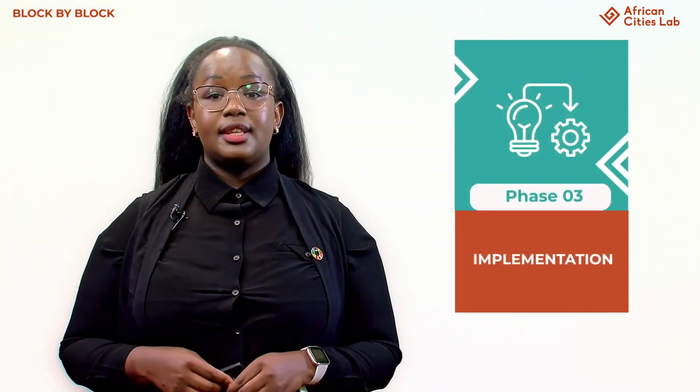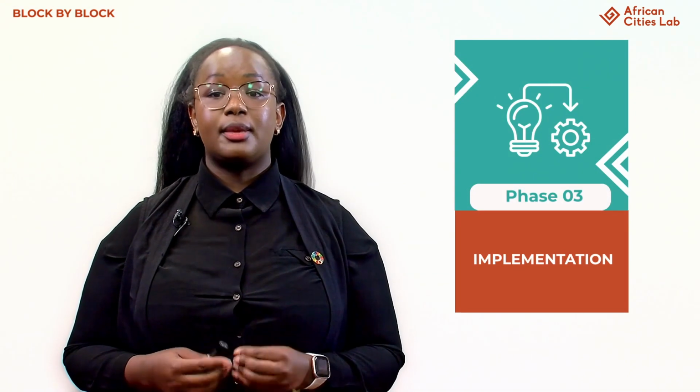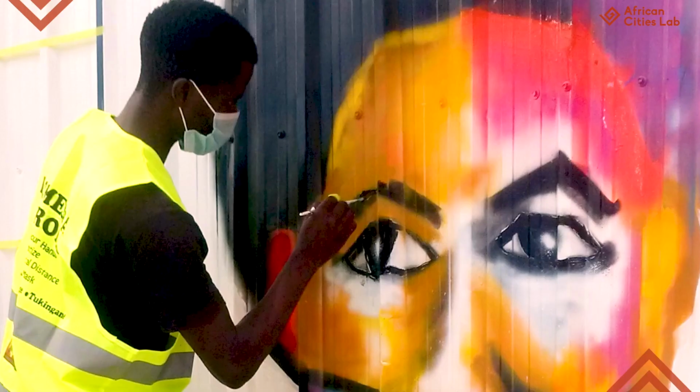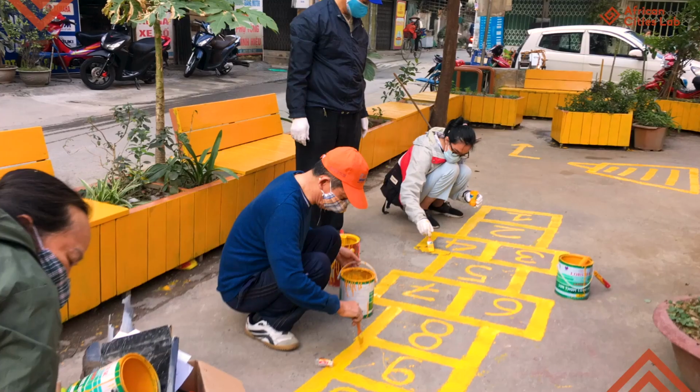In the third phase, the technical details, budgets, and materials are further elaborated during the expert design studio and ultimately validated during a consultation meeting with the entire community. Finally, an inclusive implementation process is undertaken where communities are engaged in the implementation of the public spaces, including the construction, the maintenance, management, as well as the monitoring of the public spaces.